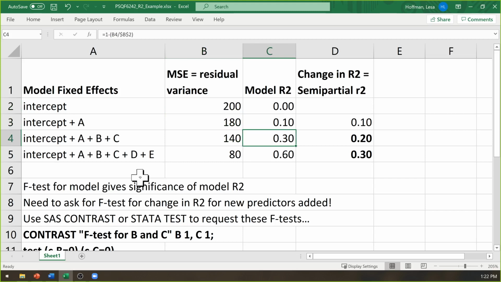How do I know if that R-square is significant? So the overall model accounts for 30% of the variance in my example. How do I know if that's significant?